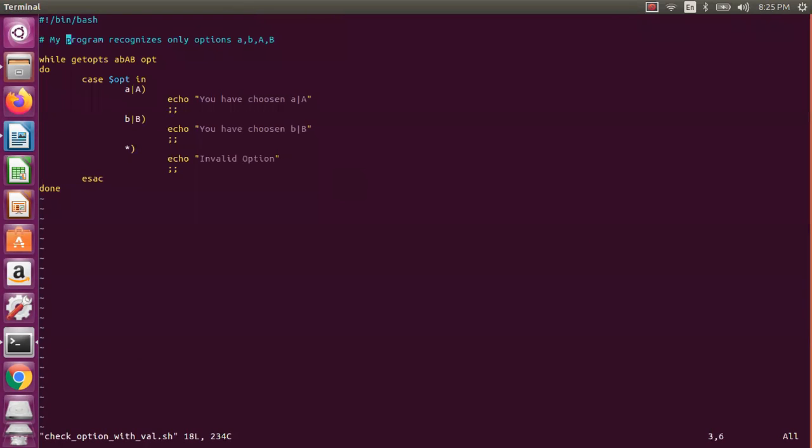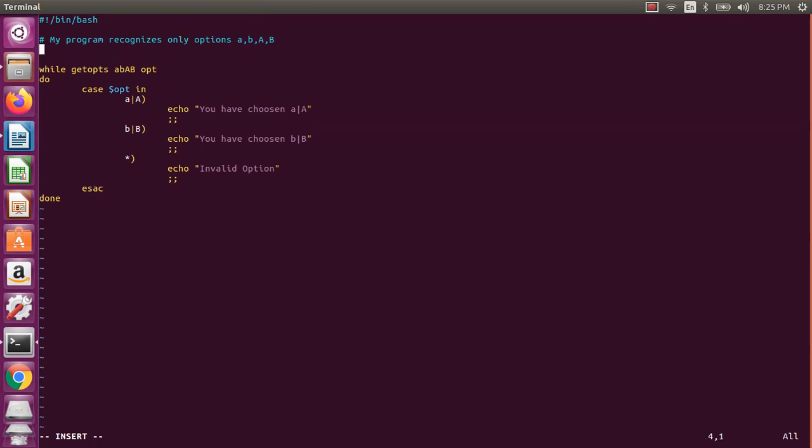Here we are choosing only the option AB, but let us assume this particular program, maybe for A, we will accept a value. Maybe the program recognizes only the option A and B, both we will say actually. A and B, maybe X and Y, I will put actually. So maybe X and Y are option with values.